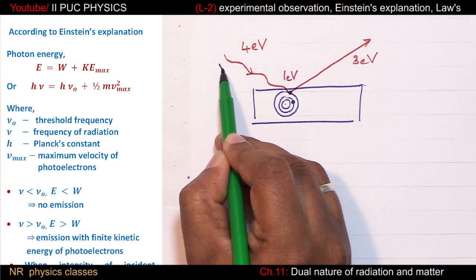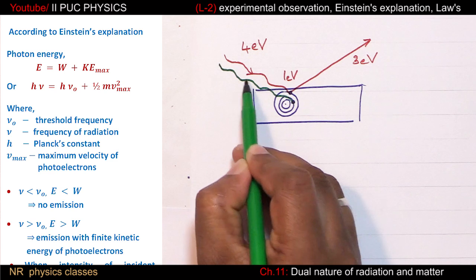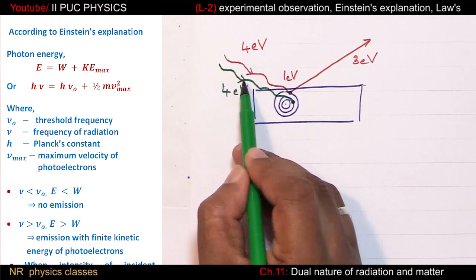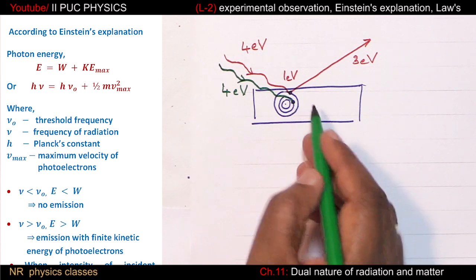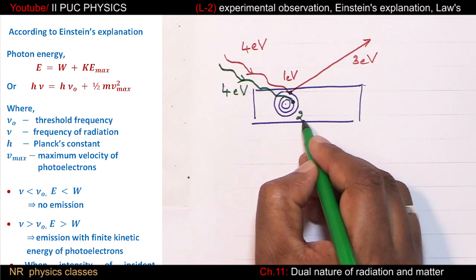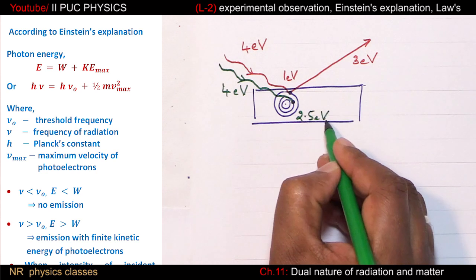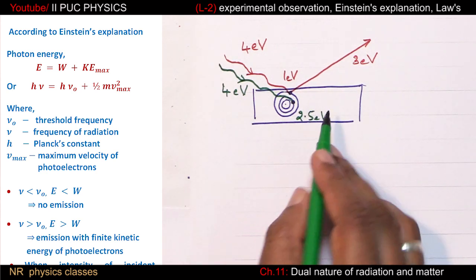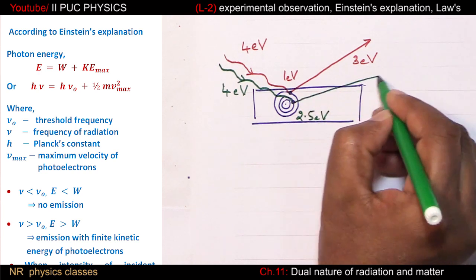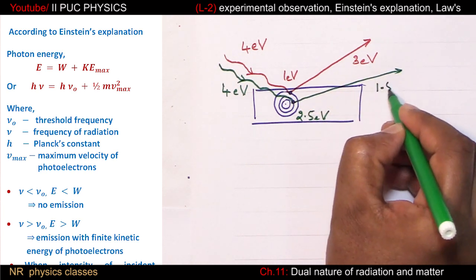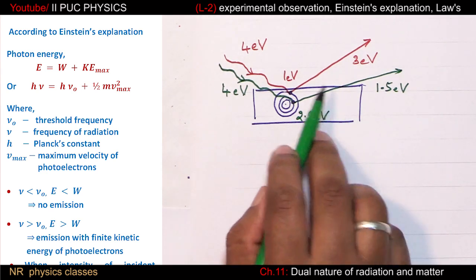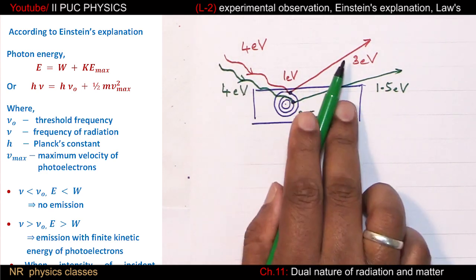If another photon of 4 eV is incident on an inner electron, which demands 2.5 eV of energy, then out of 4, 2.5 is utilized, and the remaining is 1.5 eV. Observe, because of 2 photons there could be 2 electrons,